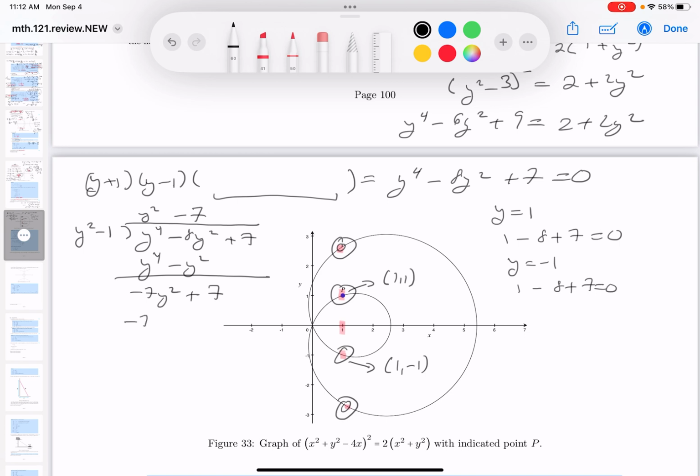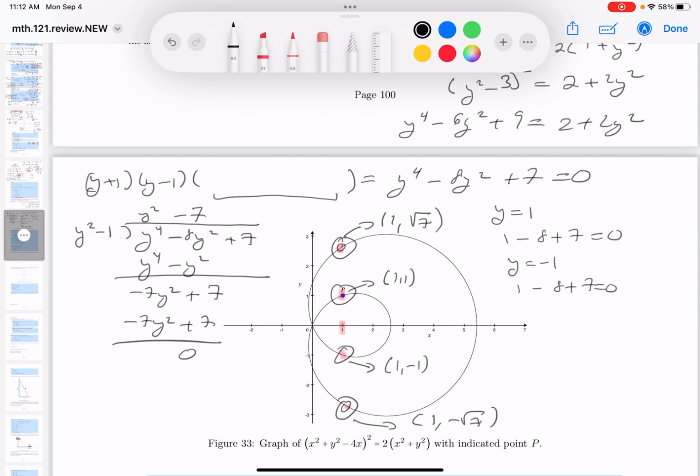What do you get? Minus 7y squared plus 7, which would be 0. So now I know these points. And remarkable. What do I have here? One is going to be 1 plus root 7, and this one over here is going to be 1 minus root 7. All right, now someone says you spent a lot of time doing that. Why did you do that? Just to show you could find all points. No matter what point they give me there, provided x is 1, I can describe all 4 of